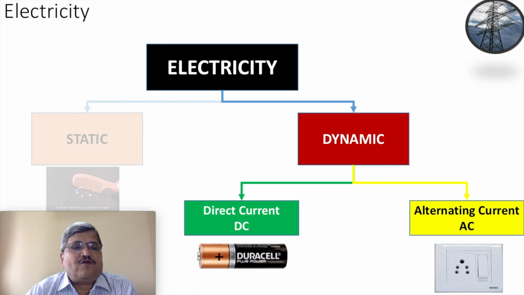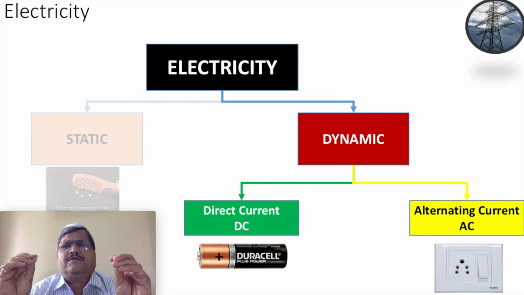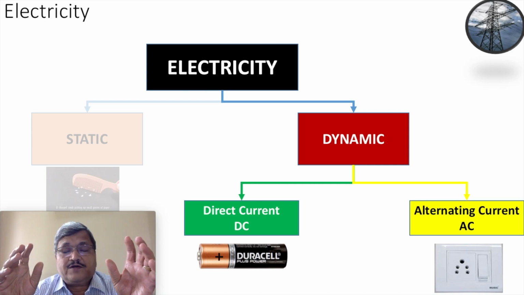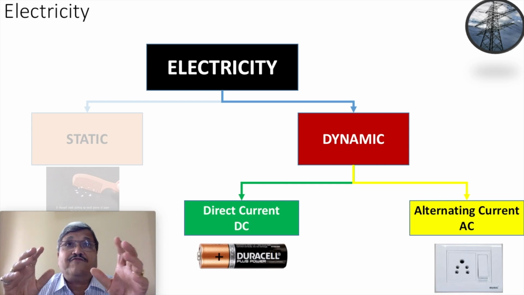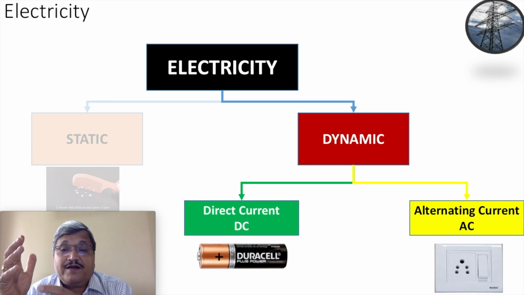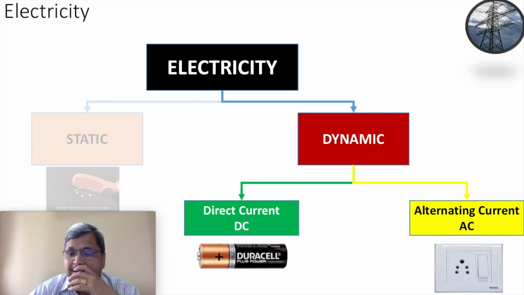So we have seen what static electricity is in this part, and in the next part we will see the dynamic part of electricity, direct current and alternating current, which has numerous advantages, or I would say usefulness. It is used widely, to the extent that we cannot even imagine life without electricity. It has become as important as oxygen in the air. So we cannot live without electricity now. It is that important. So we will study it in the next part.